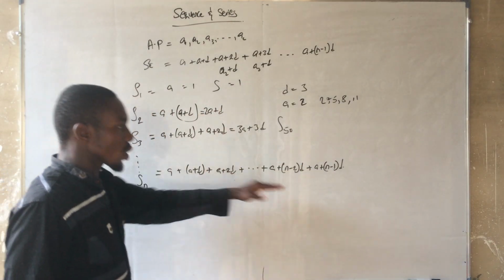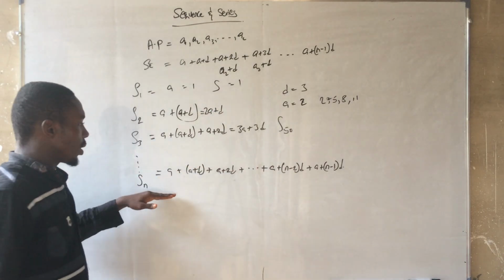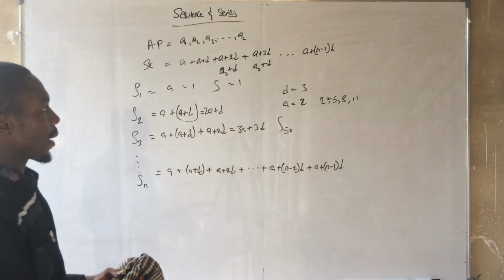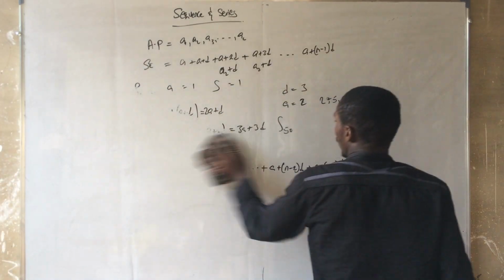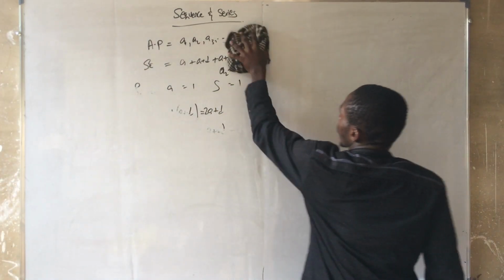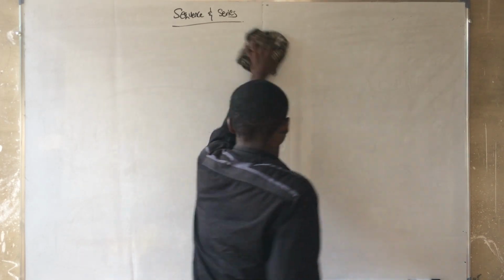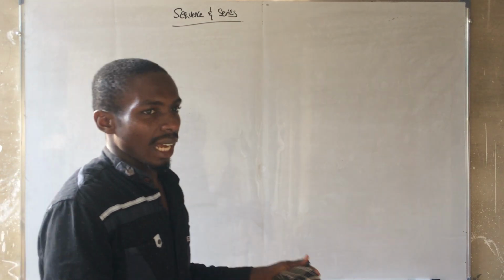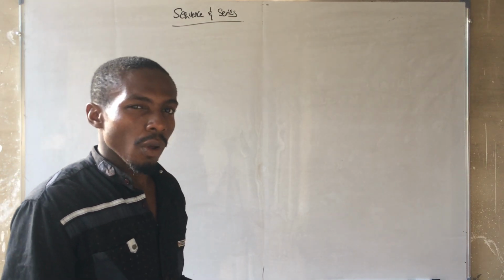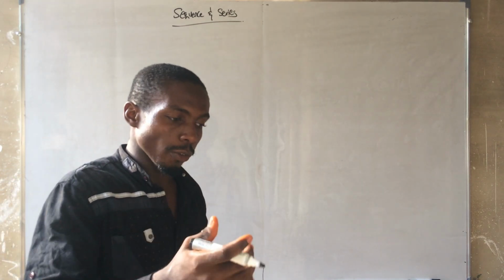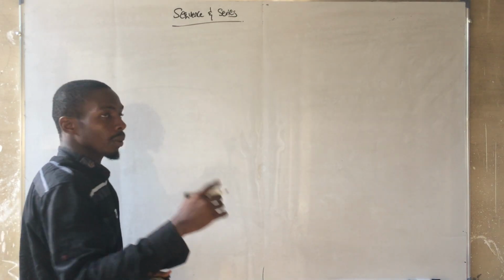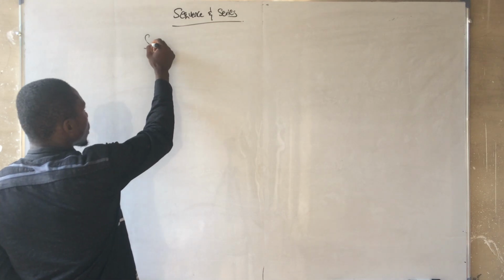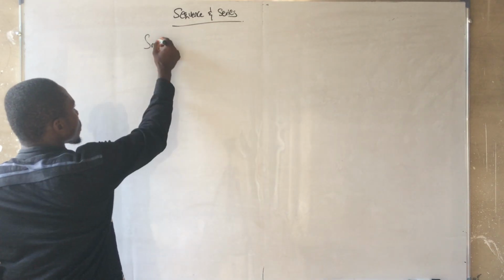So this is the sum to n. I believe from here to here you might have understood what I meant. So without wasting much time, I will now go over to generating, or how to generate, the formula for the partial sum of all the arithmetic progression. Partial sum actually. So now we say that the sum to n is equal to